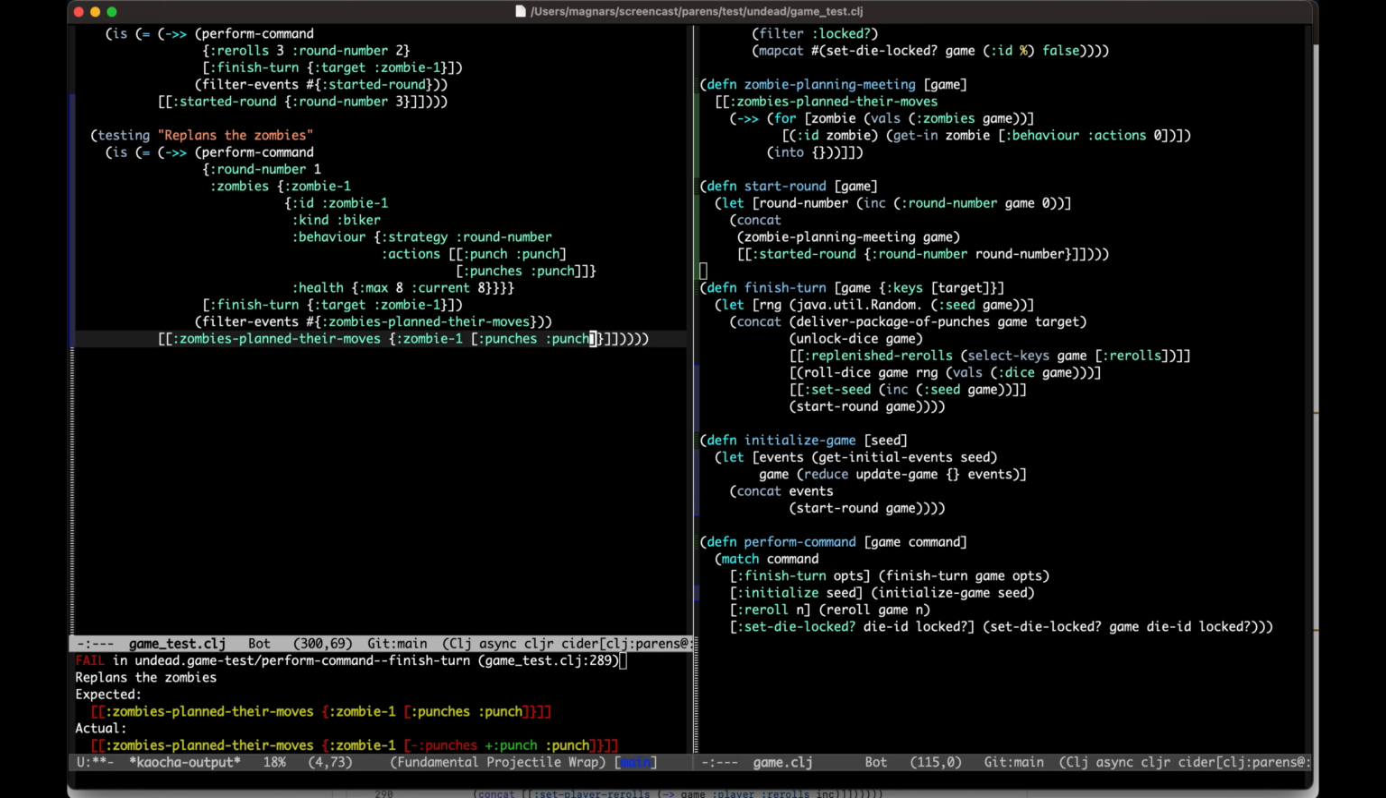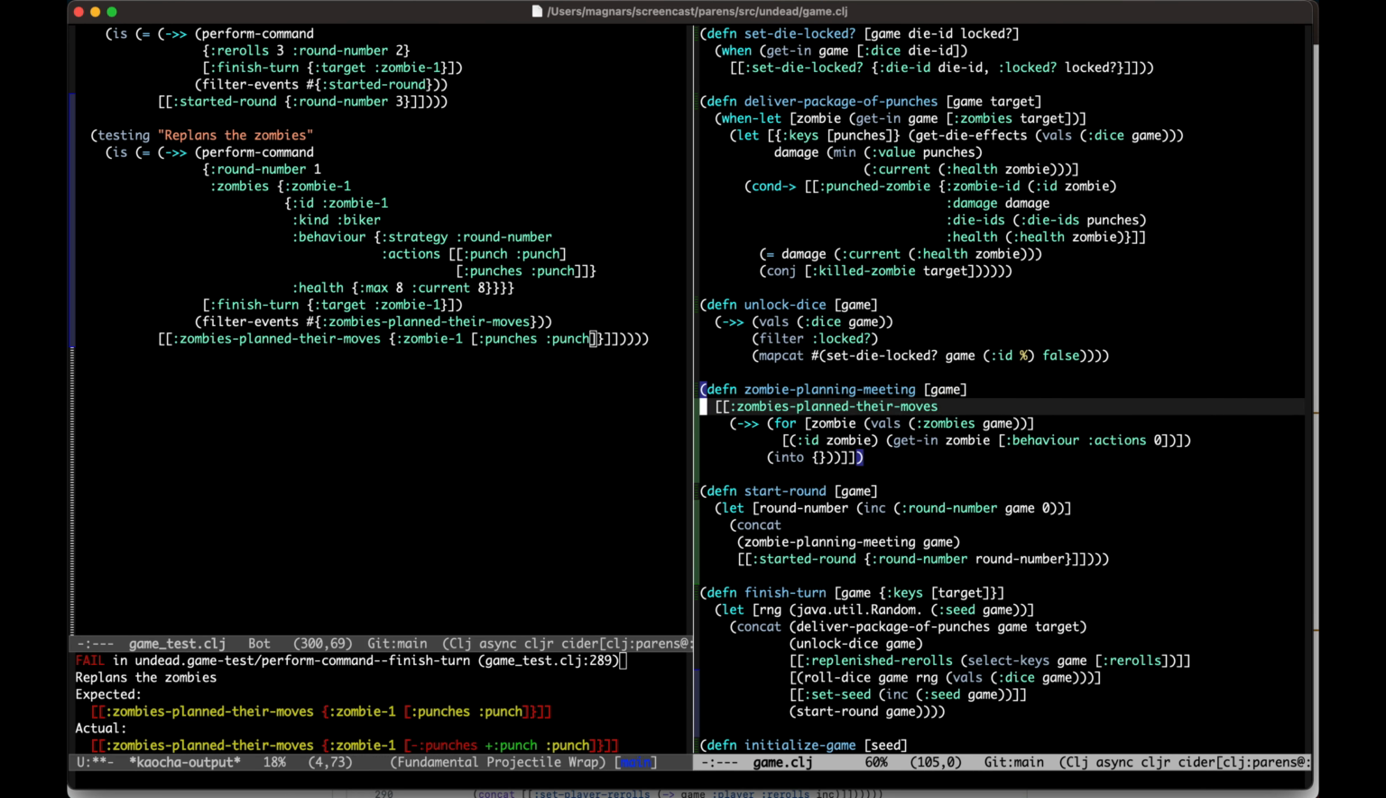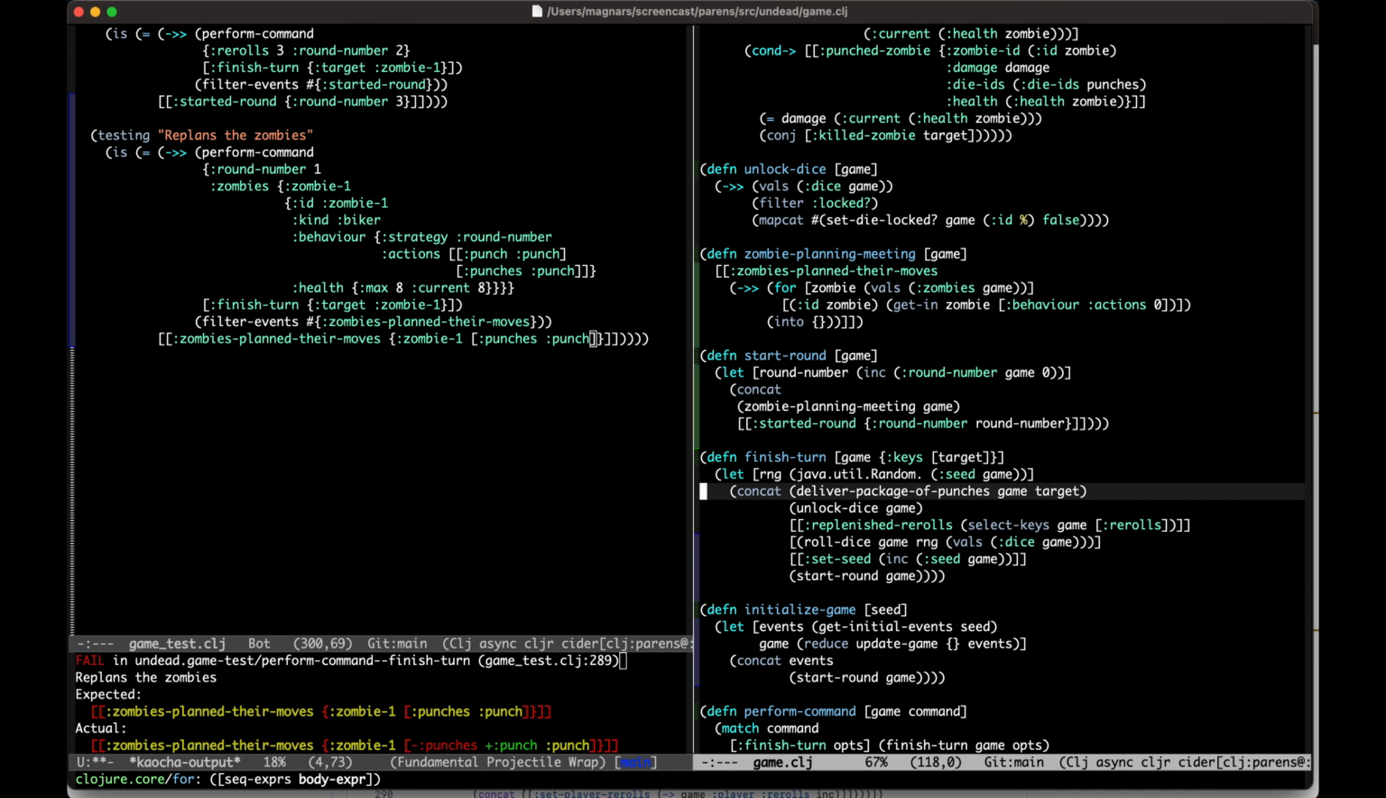So you get punch is punch, and that's because of the zombie planning meeting. They're not good at planning stuff. Because they're not actually planning. And here's the fun part. This one is responsible for the round number, and he hasn't set it yet. So I actually don't pass it in. I will pass it in. So we have a round number, and I will do dec on the round number, and I